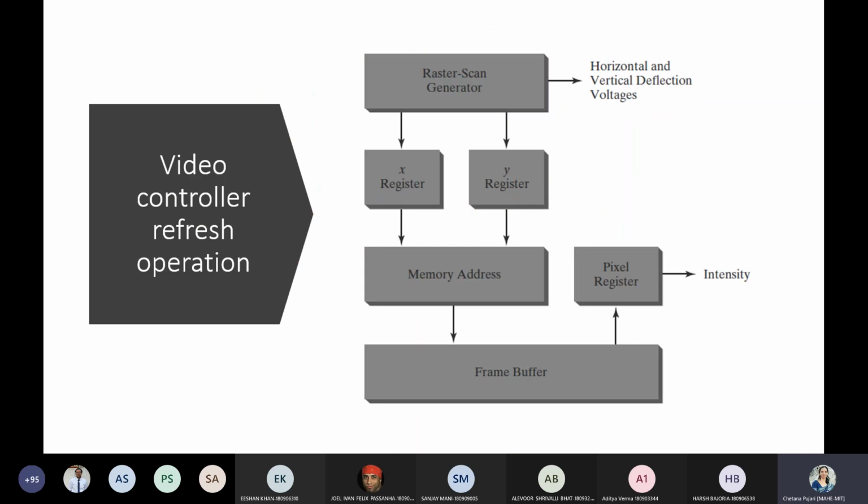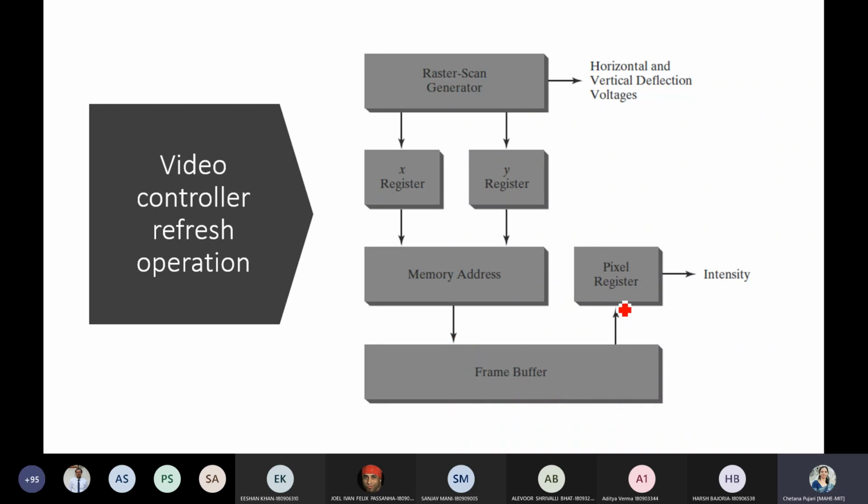So now I'll come back to this. What your raster scan generator does is make use of register X and register Y, which I just showed you here. The value is searched in a memory address, and in the frame buffer it finds the intensity value.